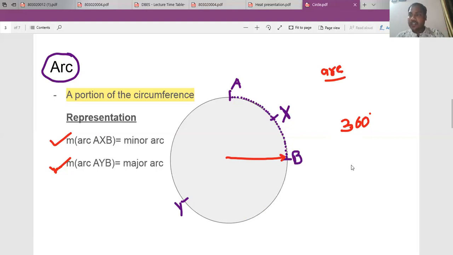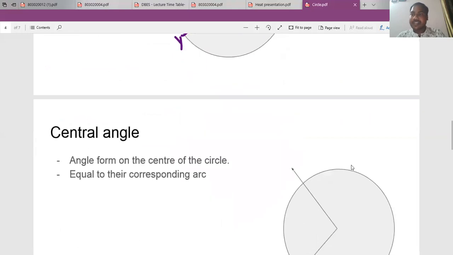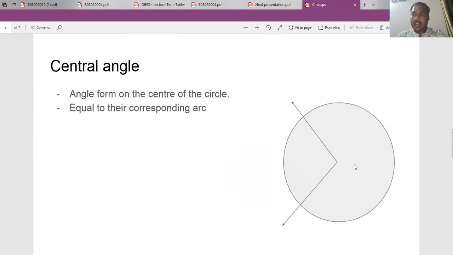So now we will move further and try to understand the central angle. What exactly does central angle mean? Before that, we will give names to the circle. So I'm going to write the center as O. Just try to understand. Let's say this point is A, and this point is B. And let's see, I will write at this place X.